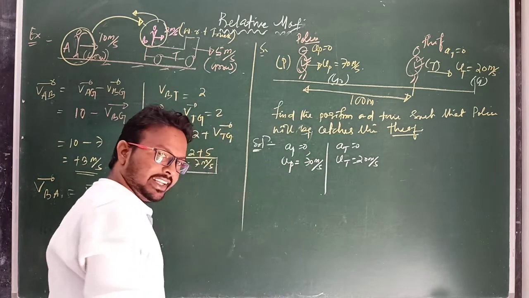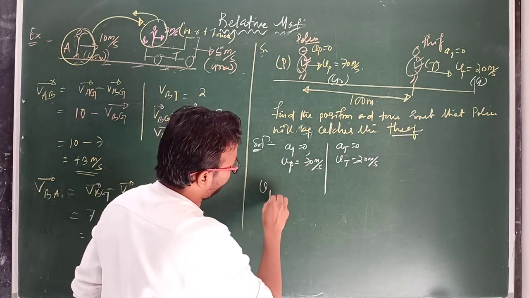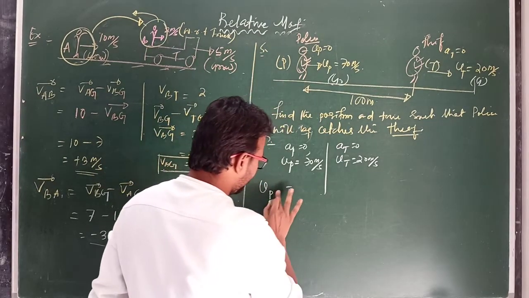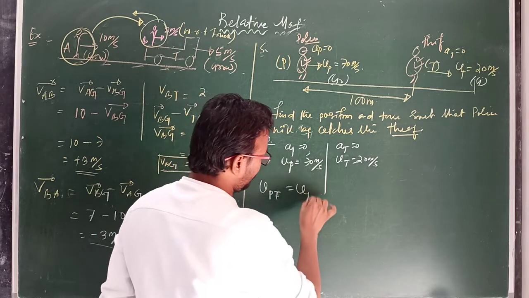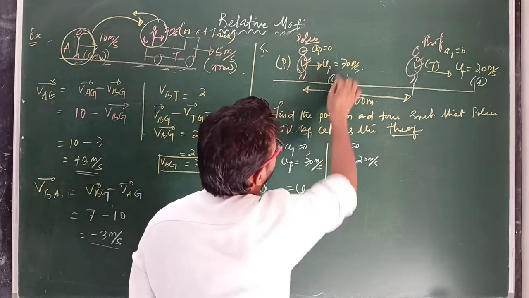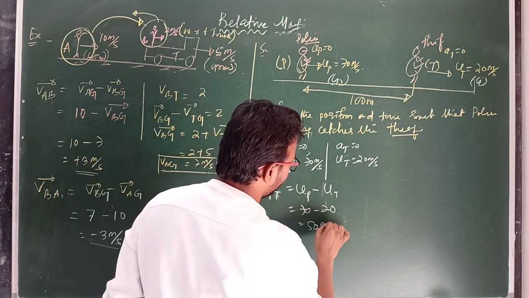First we have to find the relative velocity. So relative velocity of police with respect to thief, vpt, is equal to up minus ut, and up is given, 70 minus 20, equal to 50 meter per second,